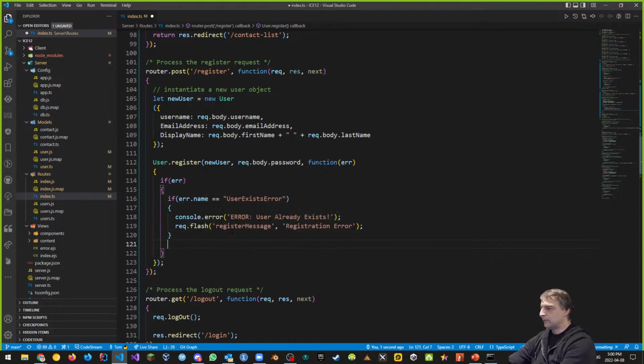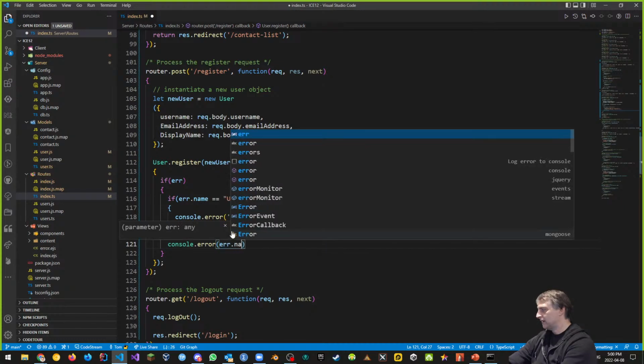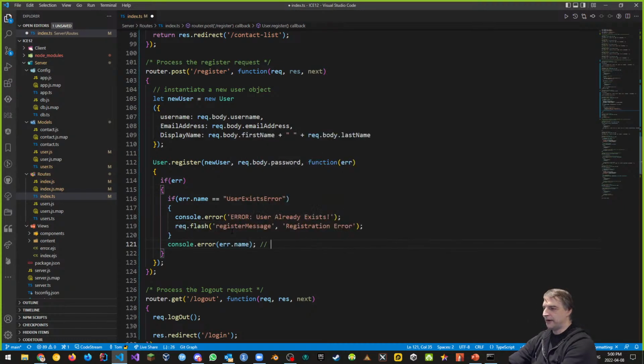The next one is, what about if it's another type of error? And it's more like, I want to know what that is if it's an error. Like it's most likely some kind of other error. Like, for example, some kind of server error, the database is dead, something. I don't know what it is, but it's impossible for me not to be able to register. I want to know what that is. And